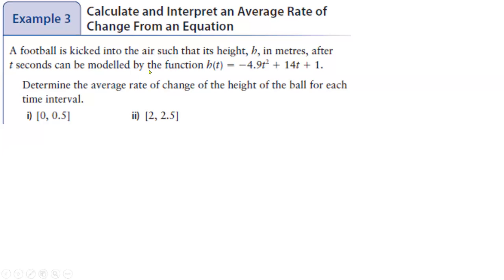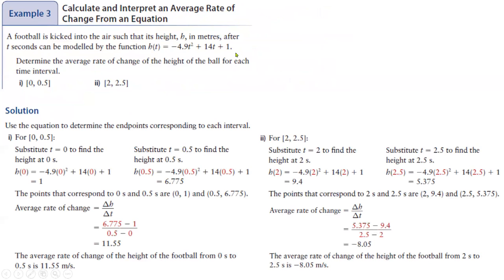Okay, let's have a look at the solutions together. First, you can use this equation to determine the endpoints corresponding to each interval, right? So for the first question, from interval 0 to 0.5, substitute t is 0 to find the height at 0 seconds, where h(0) is 1, right? And then substitute t is 0.5 to find the height at 0.5 seconds, which is 6.775 meters. So the average rate of change is delta H over delta T, which is